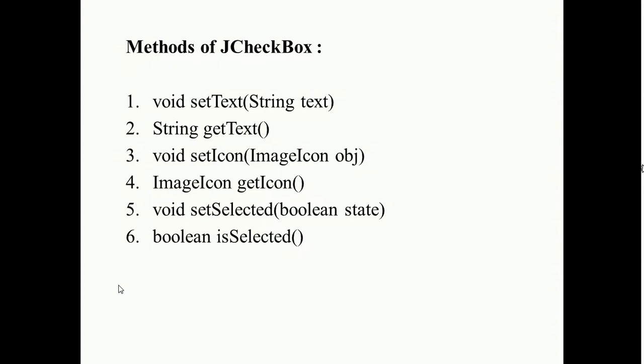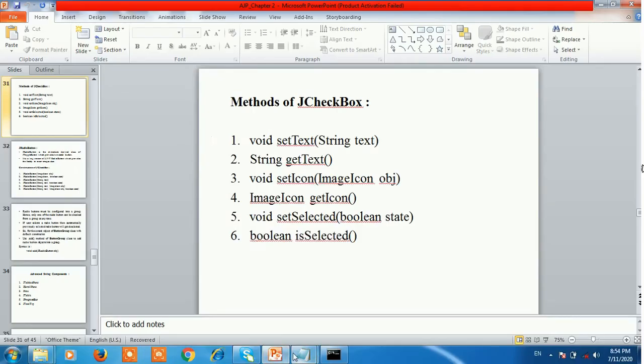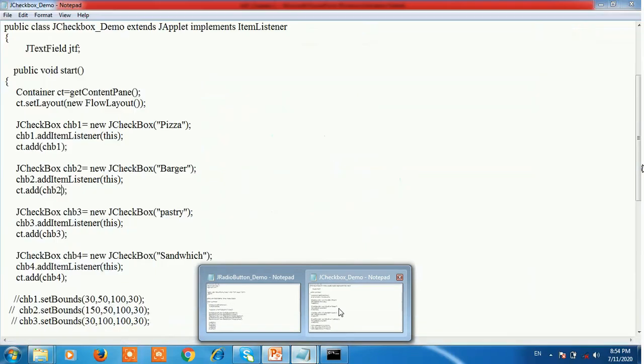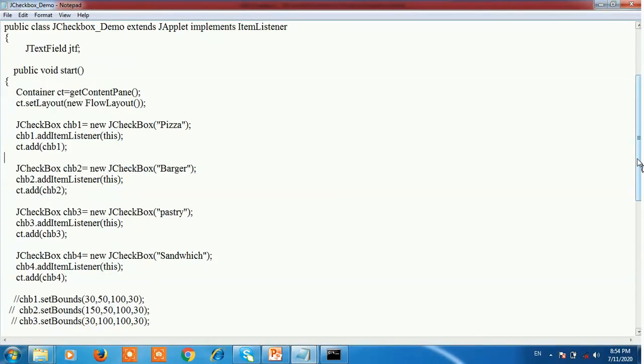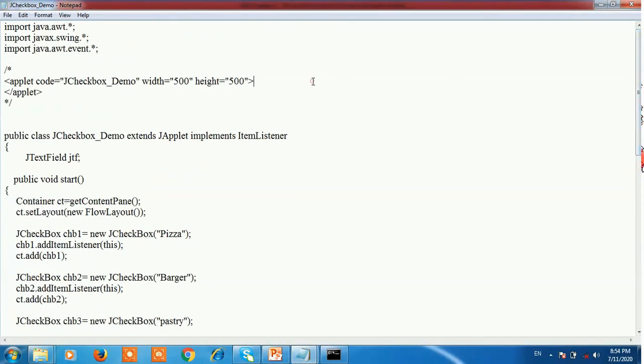Now see one example of the JCheckBox. See here, this is an example of the JCheckBox. First, import the packages. Import java.awt.*, import javax.swing.*, and import java.awt.event.*.